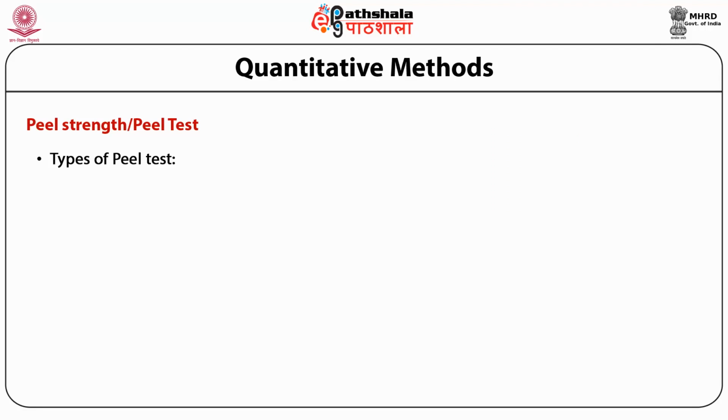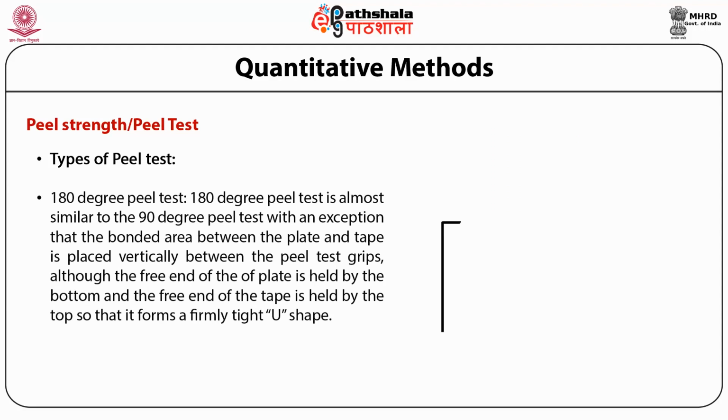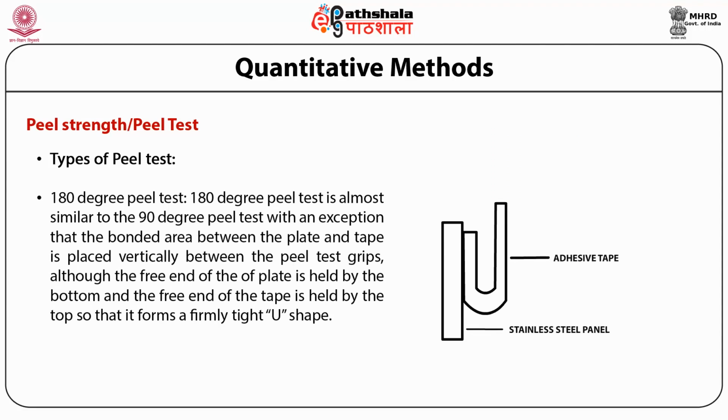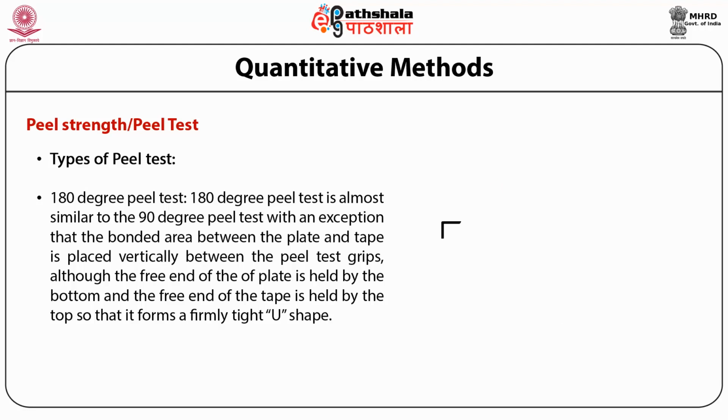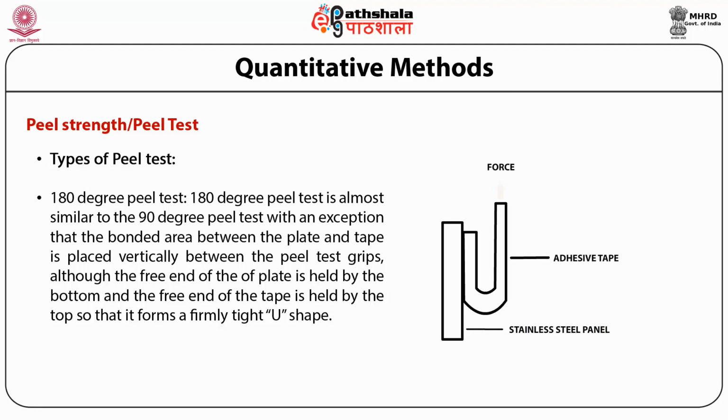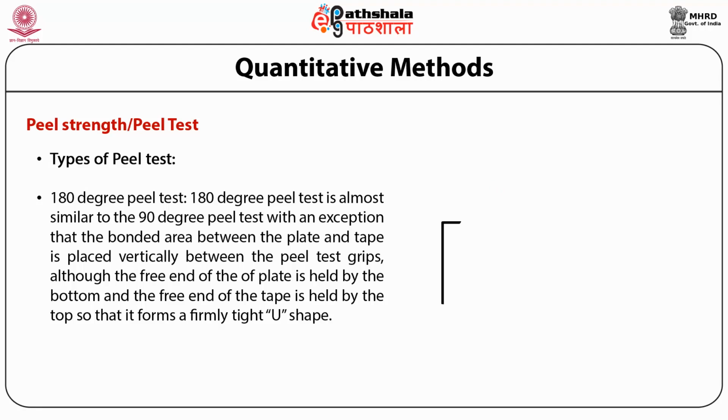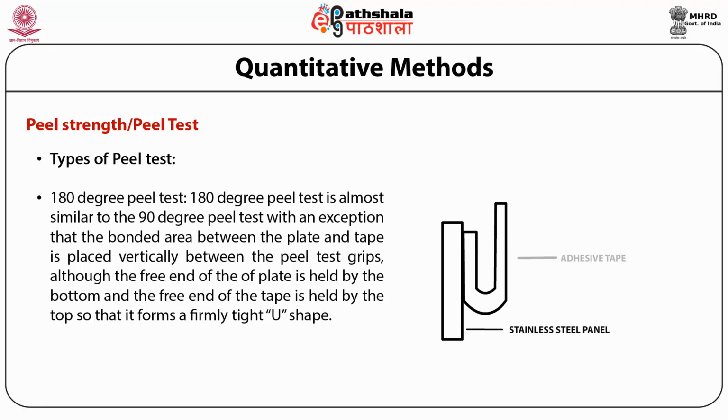The last amongst the peel tests is referred to as the 180-degree peel test. This is almost similar to the 90-degree peel test, with the exception that the bonded area between the plate and the tape is placed vertically between the peel test grips, although the free end of the plate is held by the bottom and the free end of the tape is held by the top, so that it forms a firmly tight U shape. The diagram on the screen precisely emphasizes the shape which is taken while the substrate